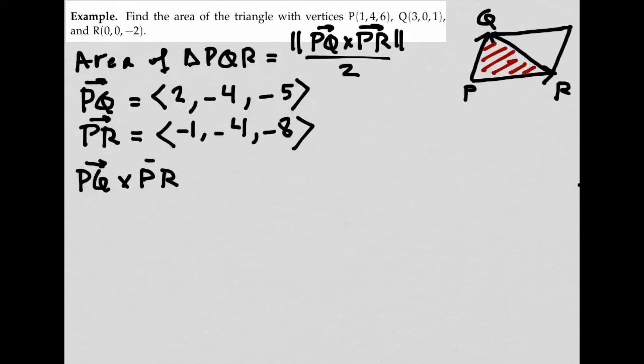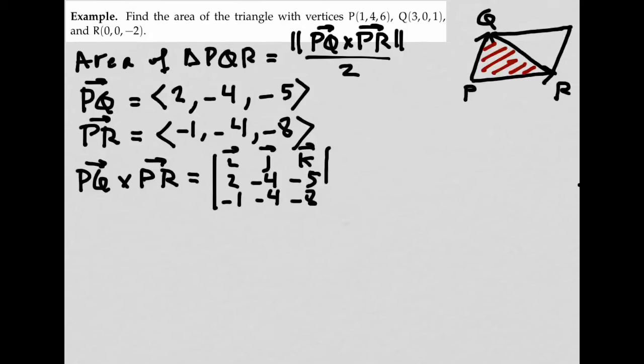That is the 3 by 3 determinant with first row I, J, K. Second row 2, minus 4, minus 5. And third row minus 1, minus 4, minus 8. That's equal to the 2 by 2 determinant minus 4, minus 5, minus 4, minus 8 times the vector I